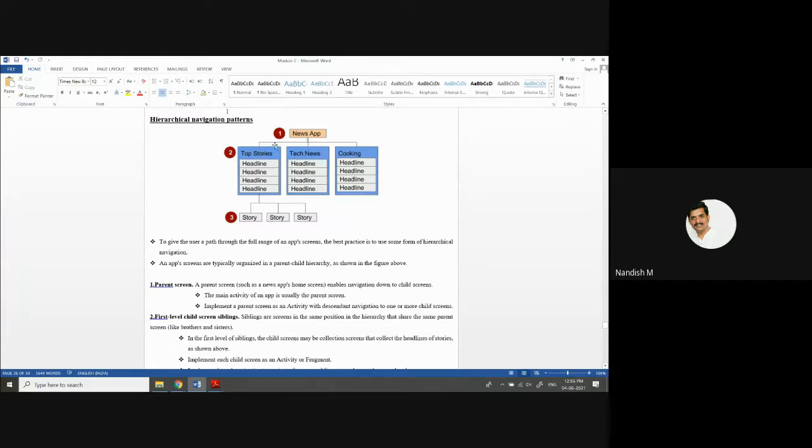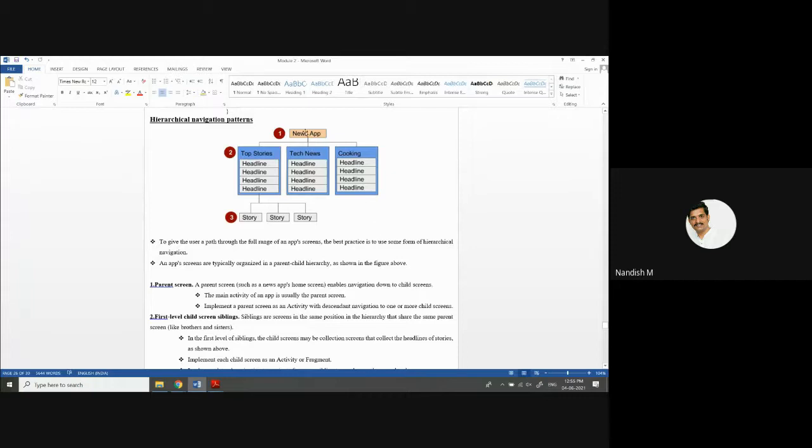Whenever you open the news app, you cannot directly see all the headlines of top stories, cooking, or tech news. What you are going to see are these headings and menus. Whenever you click on one, you will see the headlines of that. In the same way for cooking.